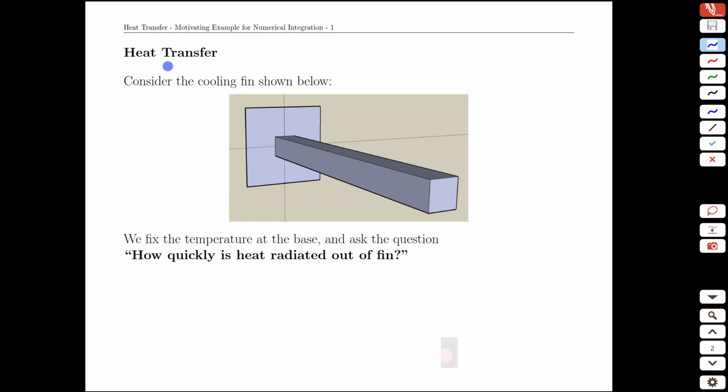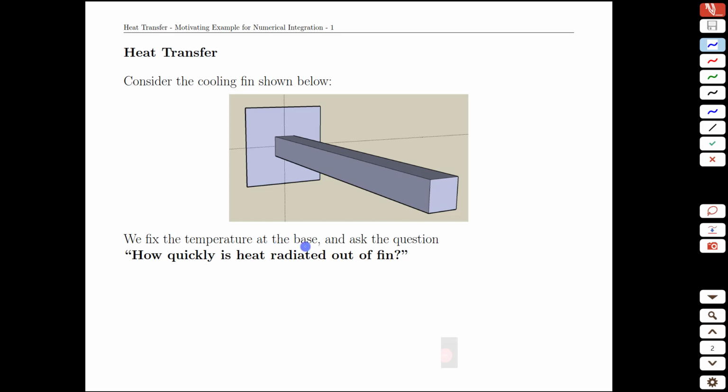In this video, we're going to revisit our idea of heat transfer, but we're going to see it in a new light that's going to lead to a new kind of mathematical problem. What we're going to consider is a simple cooling fin, like the one here, very long in proportion to its